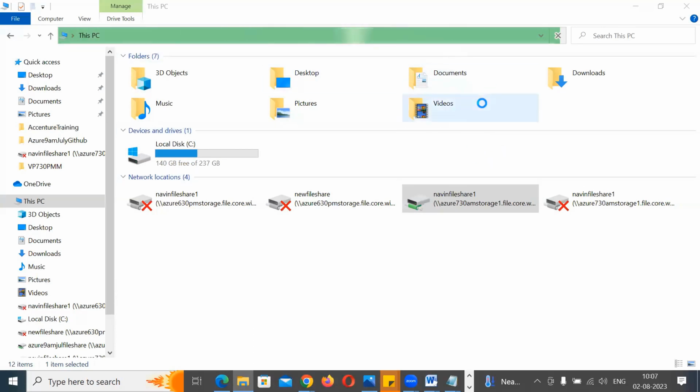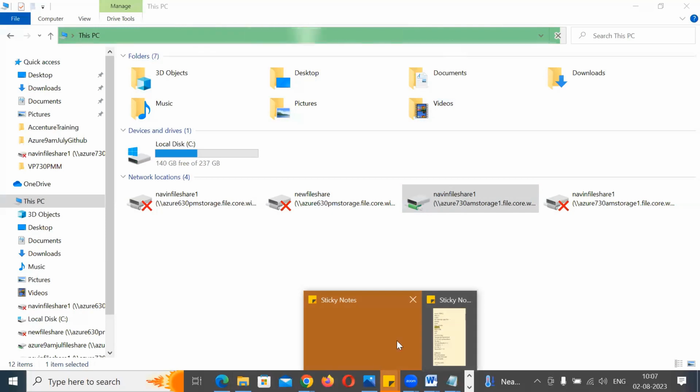It's taking some time. So you just give it a try. If not, then tomorrow I'll again create a file share and try to share it out. So tomorrow's class will be file share, table, queues. Fine. Then next is